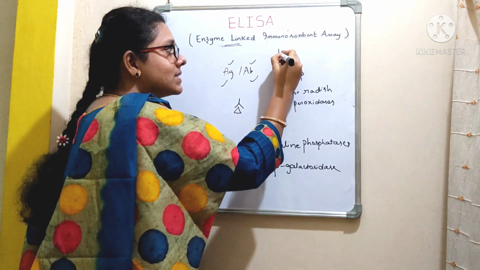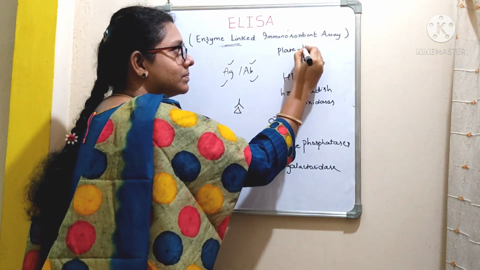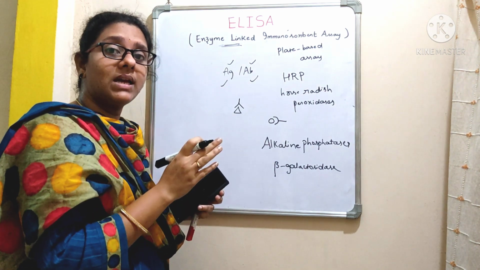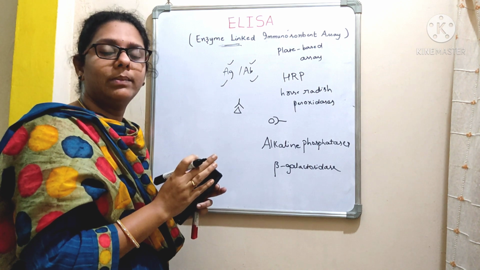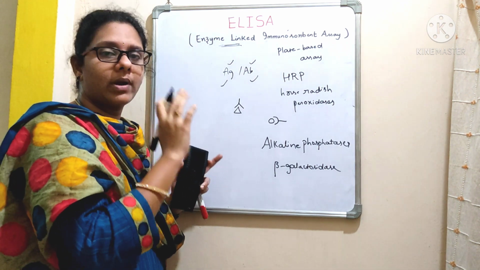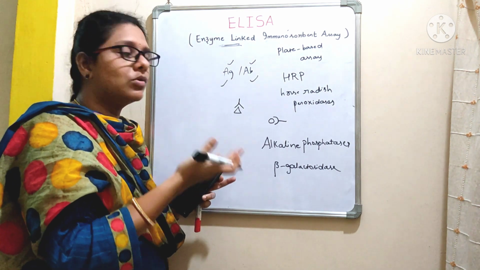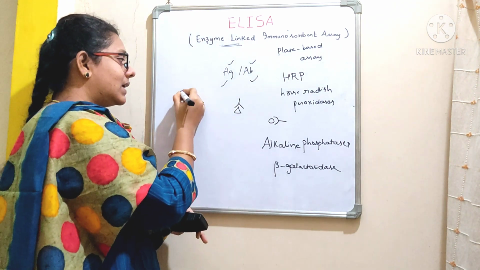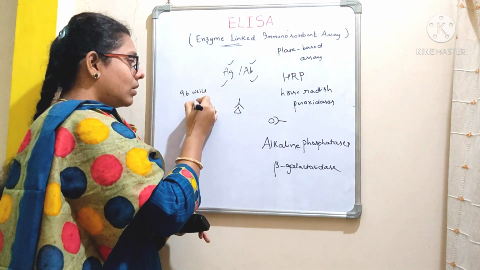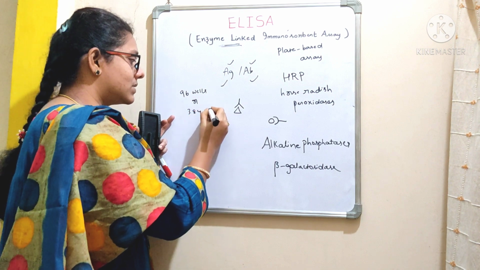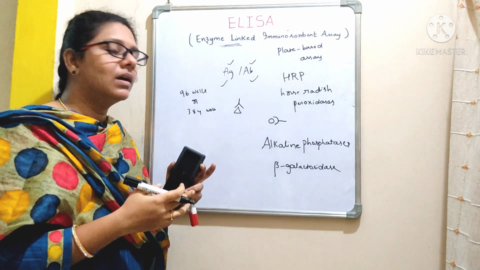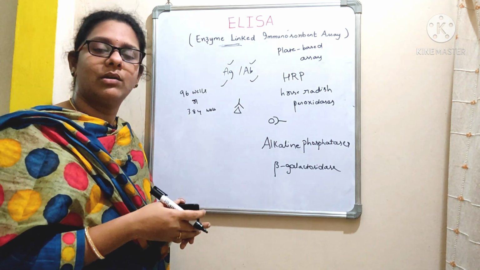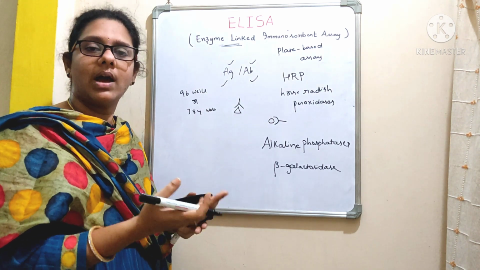And this ELISA is a plate based assay. So you all know very well about those microtiter plates. In MIC I have discussed about the 96 well microtiter plate with a U bottom. That is different from this ELISA plate. In this ELISA, mostly we perform this method with flat bottom microtiter plates that usually contain 96 wells or 384 wells. You can choose any of these plates, and mostly these are available commercially, pre-coated with the antigen or antibody. You can choose based on your experiment.